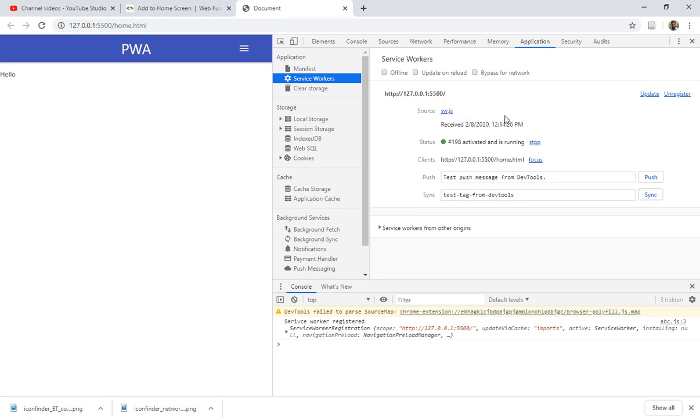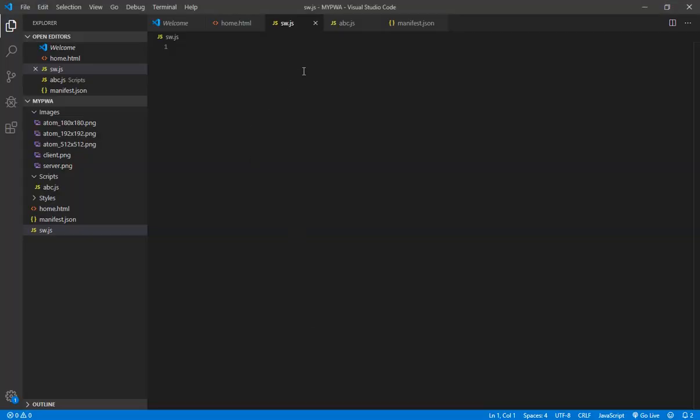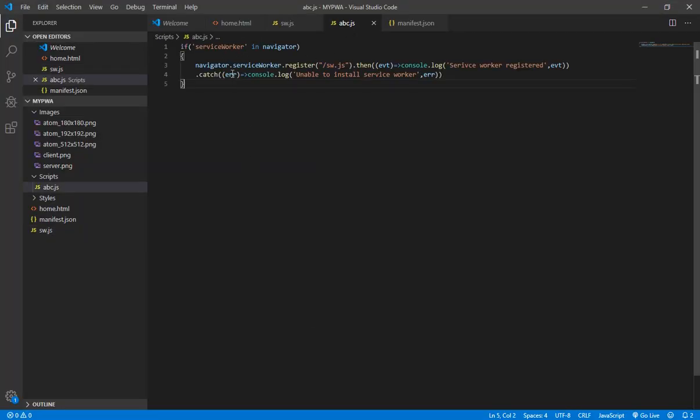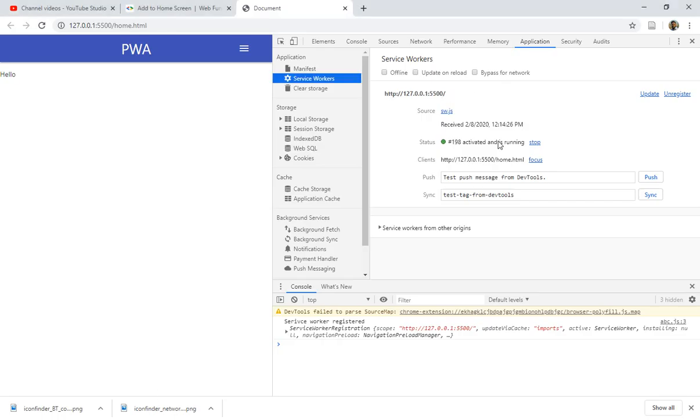I'll let you know in the next lecture, but hopefully you have understood how to create a service worker and how to register a service worker inside your web browser, and that it will be activated and running. I hope it is clear to everyone. So do try this by yourself. In the next lecture we will see the life cycle and how different service worker events are activated and executed